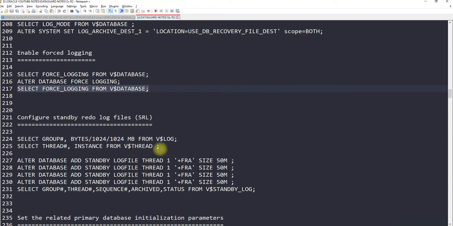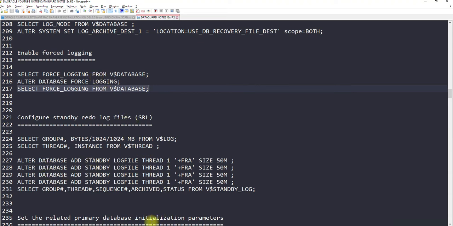And now you must be asking why we need standby redo logs on the primary. You must have a question about why we are creating redo logs on the primary itself. This is the reason: in the scenario of failover or switchover, in future the primary will become standby, and then it will be using the standby redo logs.